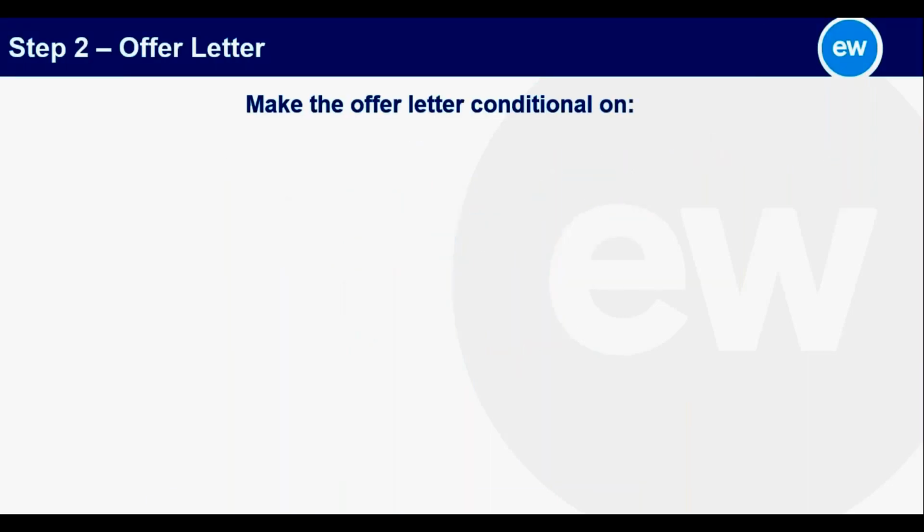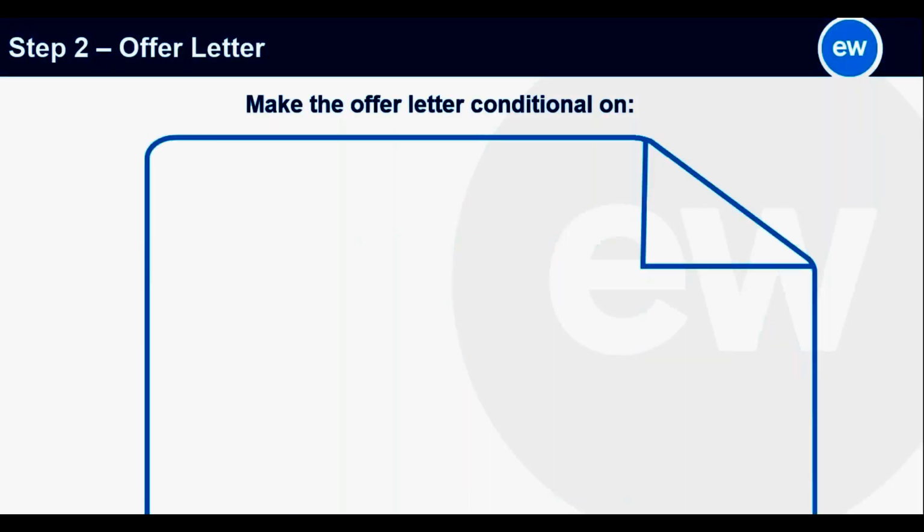So the next step in hiring and firing is making sure that your offer of employment is right. This can iron out a whole host of issues before the individual actually starts working with you. If a job applicant is successful at interview and you want to offer them the employment, then it's important that